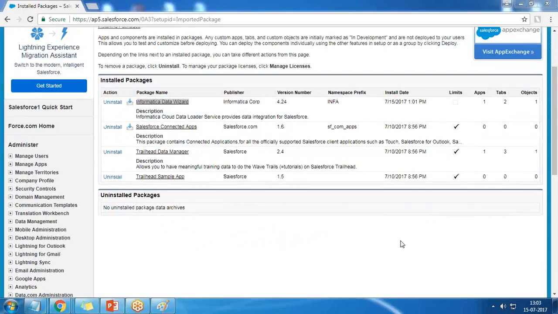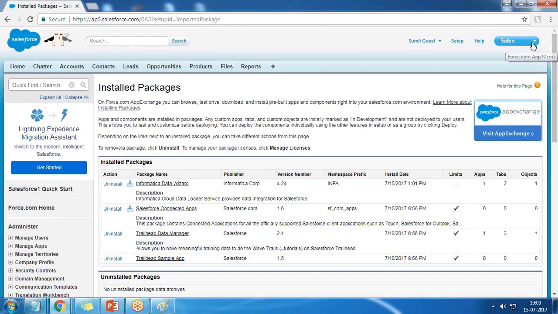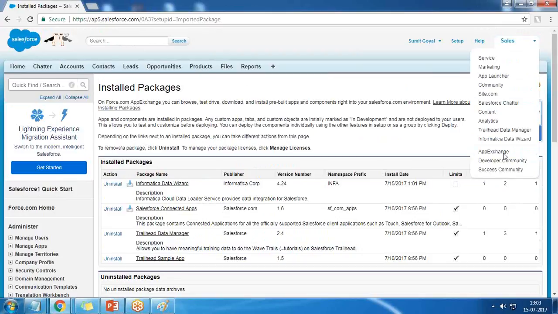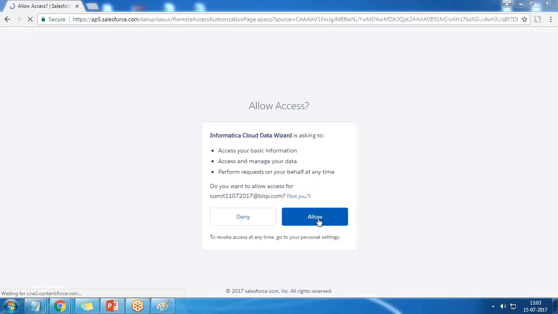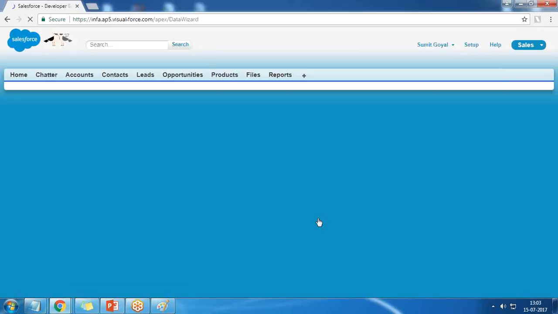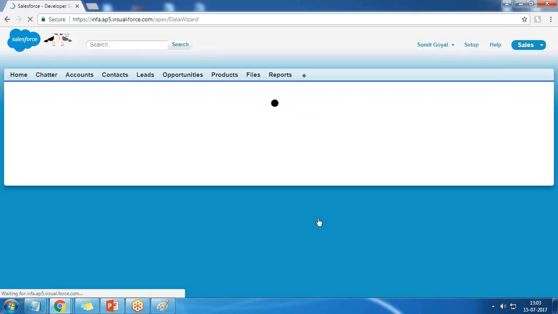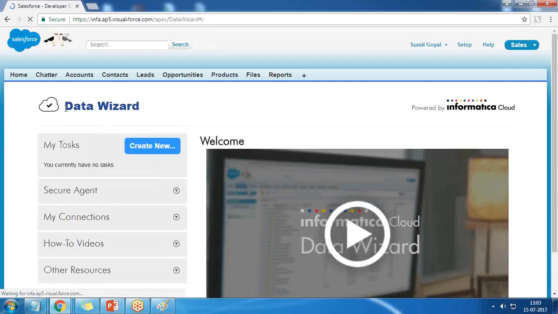Now once the installation is completed, when you drop down this force.com app menu, you can see a new app has been added, which is named as Informatica Data Wizard. So click on this Informatica Data Wizard. Click on allow. So once we allow and give permissions, it will open a wizard, and you can see a data wizard is open,